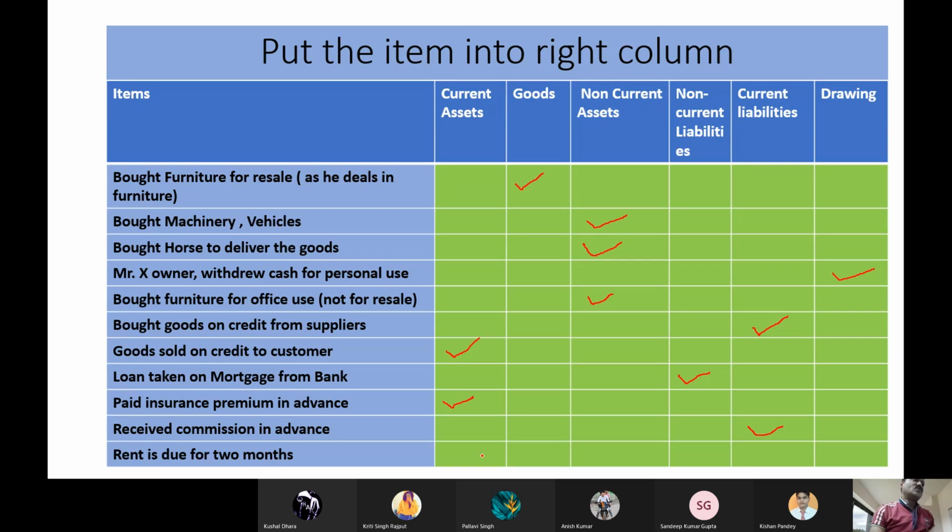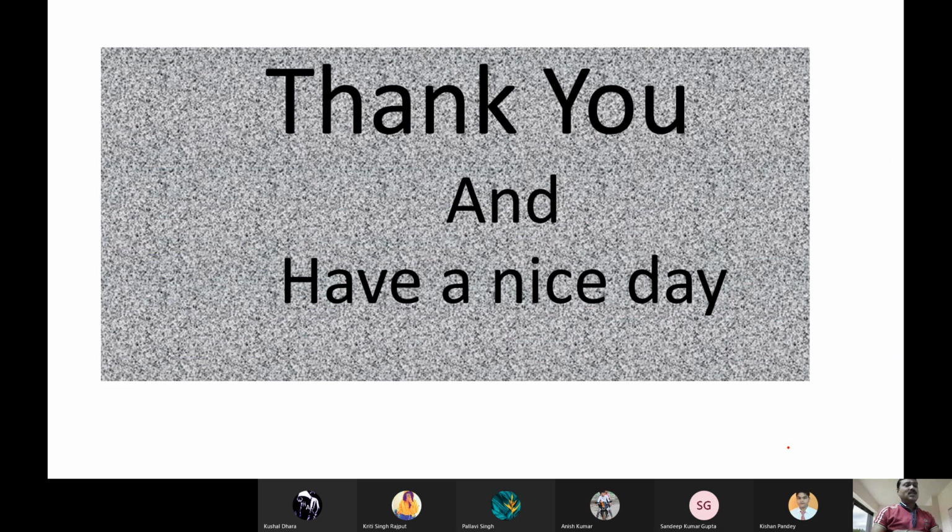Now rent is due for 2 months. सो 2 महीने का रेंट बाकी है, यानी वी हैव टू पे, but still we have not paid. We have taken the service. So this is what? A liability. And what kind of liability? Current liability. So students, I hope this is clear to all of you, how to identify. Already I had discussed this topic, okay, but now this is the time